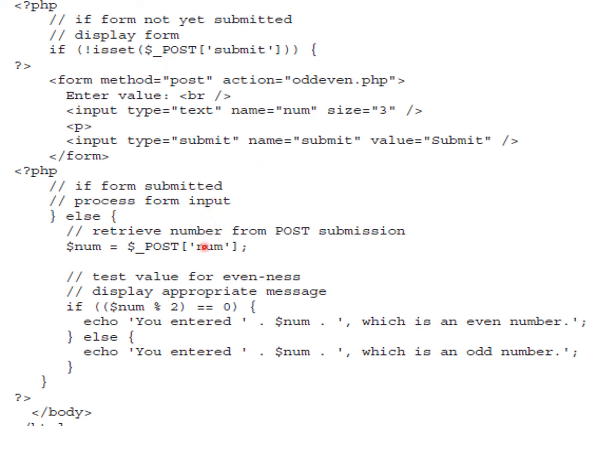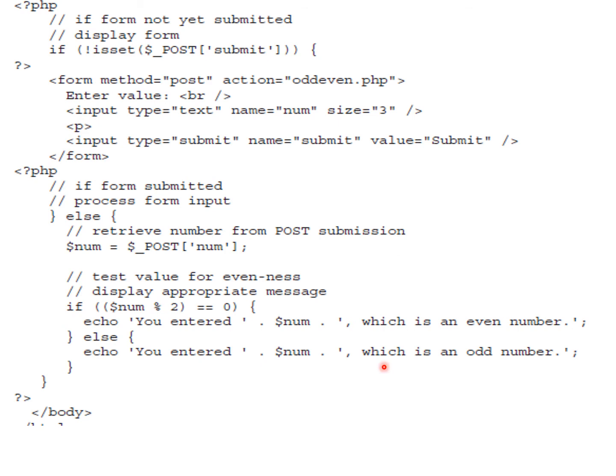In the else part, it extracts the value from the input text field and assigns it to the variable num. If num mod 2 is equal to 0, performing a modulus operation with 2 produces a 0 value, then it states that you entered an even number, otherwise you entered an odd number.